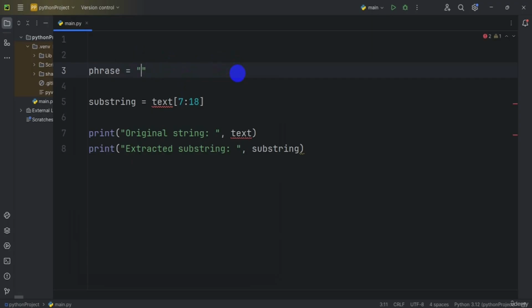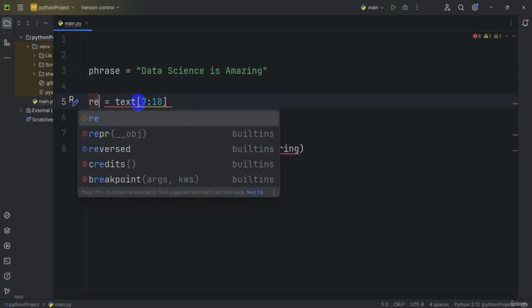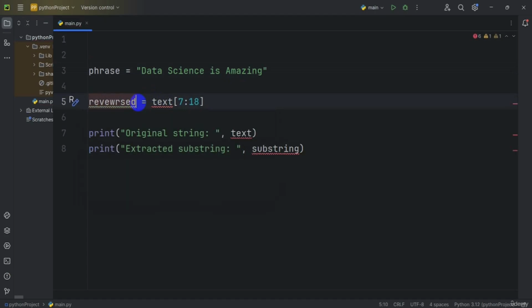So just type here: data science, and the data science is amazing. Okay, so now just go here and change this. Here I'm creating the reversed, is a reversed, okay, is a reversed underscore in the